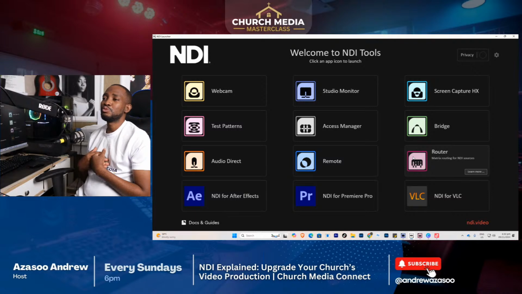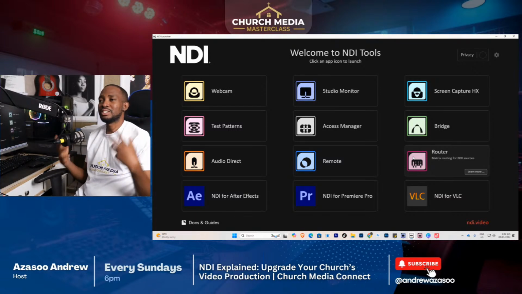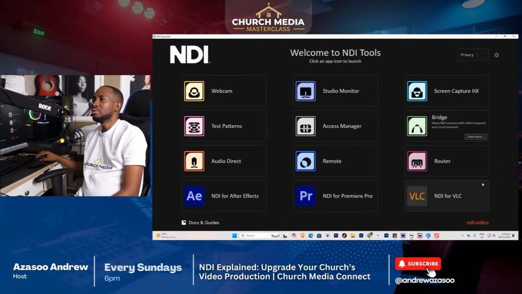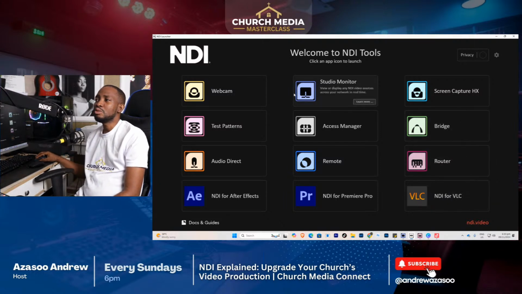How? If I'm using VLC on a different machine on the same network, I can pick that video being played on my vMix or OBS or Prism, any of the ones that support NDI, I should be able to get them. Now, the Studio Monitor is what we use to see what is on the network. So for example, if I click on it right now